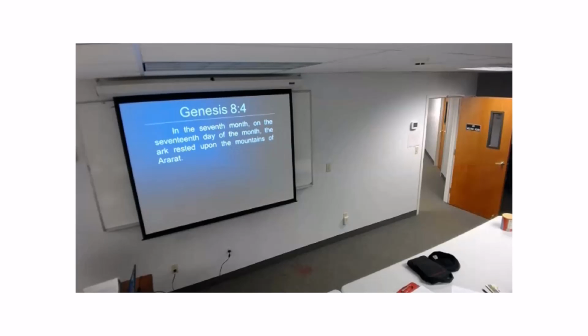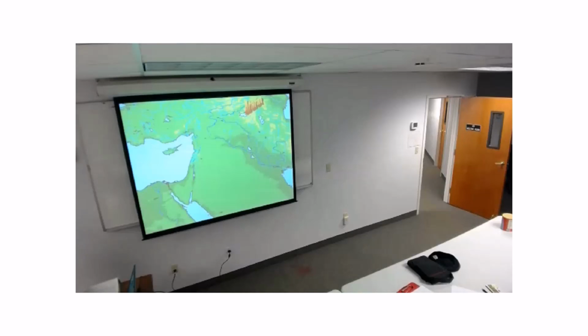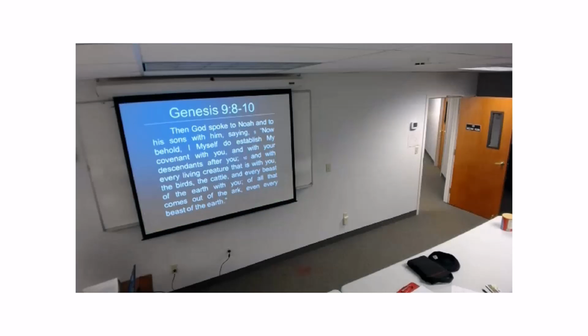So we have Genesis 8:4. Finally, it rests upon the mountains of Ararat. So here, Ararat is not necessarily a peak, but rather a range of mountains. And you have the possible location of Ararat in Turkey that's listed on this map. So it's somewhere in that region, those are the mountains where the ark came to rest. Unless you're the latest Lost Ark, you're still looking for it.